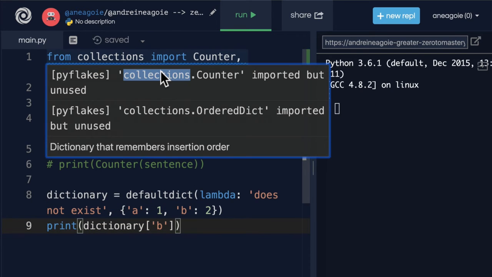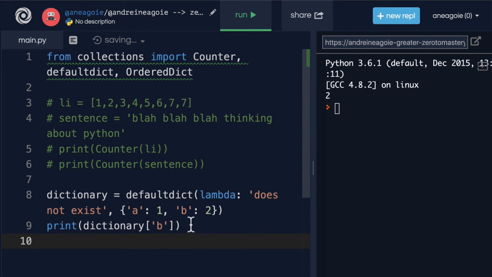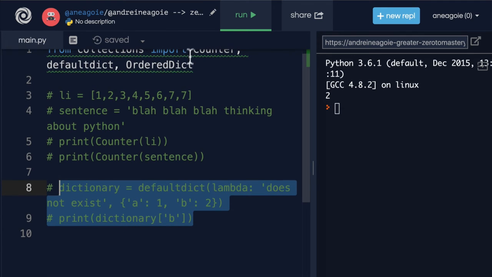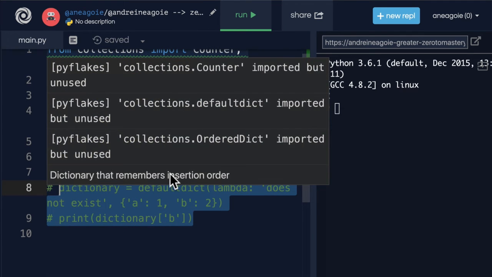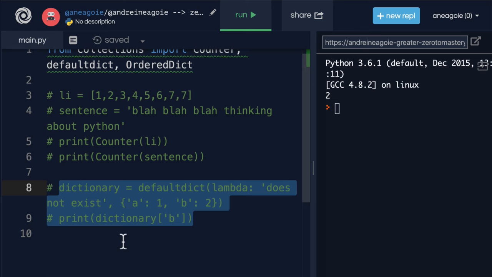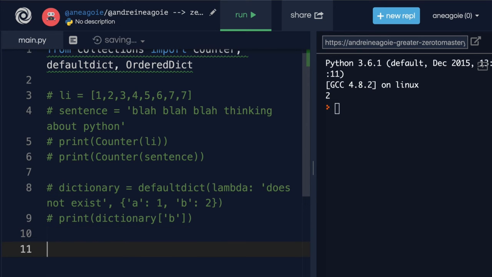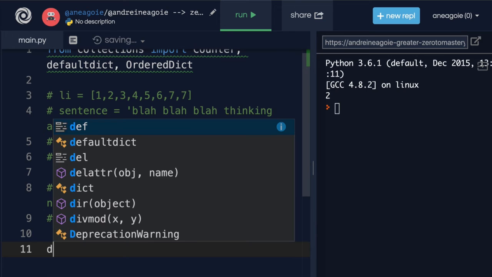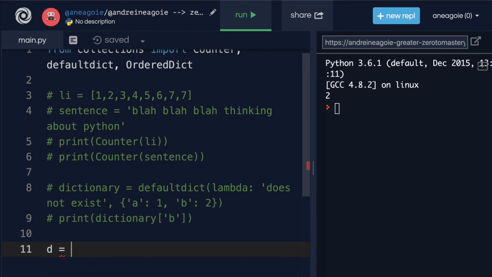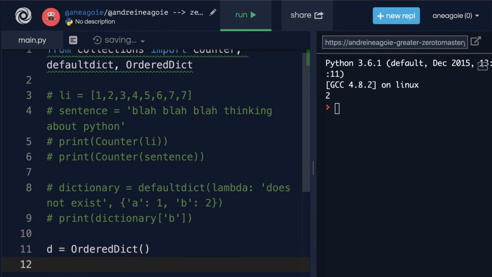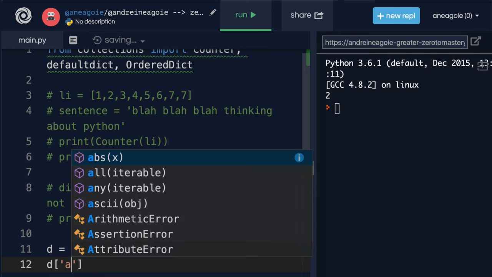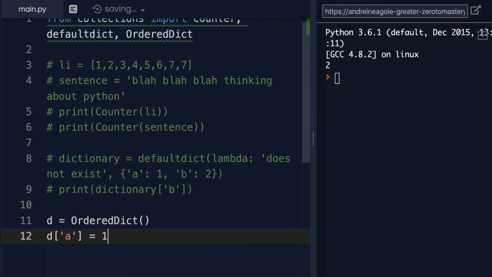Next one is OrderedDict. And this one is another interesting one. An ordered dictionary retains the order that you insert into a dictionary. Let me show you. So if we have, let's say, dictionary, and this dictionary will be an ordered dictionary. So this is how we create it. Now, in here, if I do D A is going to equal 1, and then D B is going to equal 2,